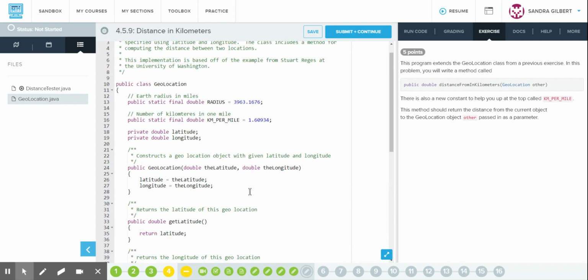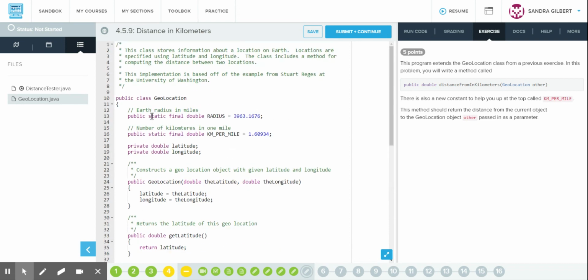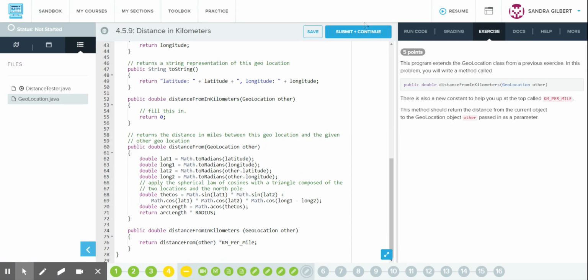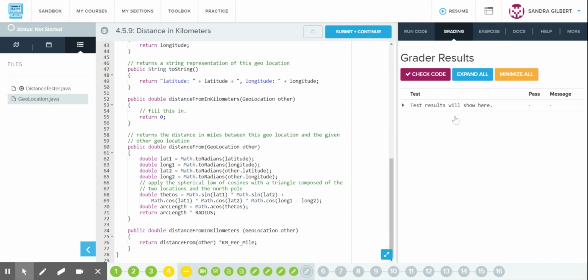So that km per mile, if you come up to the top here, is right here. All right, so that's a constant. And if we check our code,